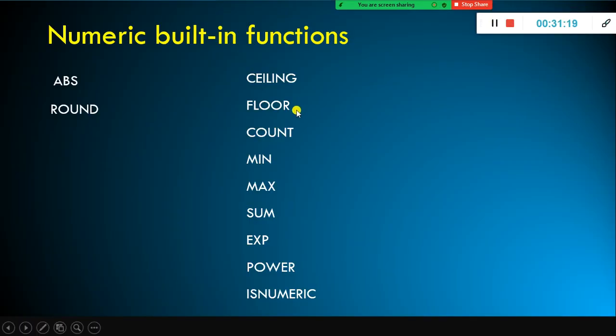See here we have a lot of functions, right? So what we do is to understand count and min max. We will create a table a little later, and then we will see how the count function and all these functions work, the exponential function. I'll explain that also. And power, what is power? Power will square the value, and then this one is numeric. Numeric is helpful to check whether the given data type is a number data type or not. It will return either true or false. That is the functionality of the numeric function.